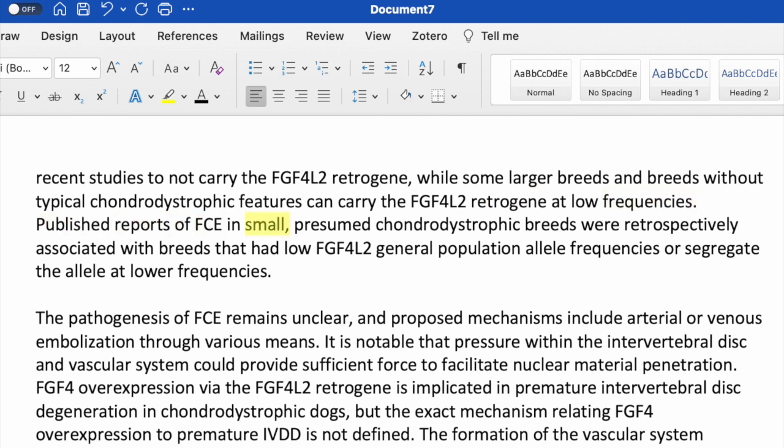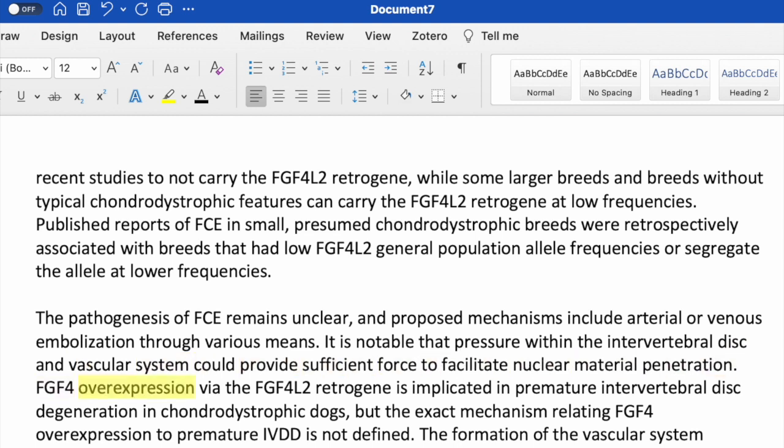Published reports of FCE in small, presumed chondrodystrophic breeds were retrospectively associated with breeds that had low FGF4L2 general population allele frequencies or segregate the allele at lower frequencies. The pathogenesis of FCE remains unclear, and proposed mechanisms include arterial or venous embolization through various means. It is notable that pressure within the intervertebral disc and vascular system could provide sufficient force to facilitate nuclear material